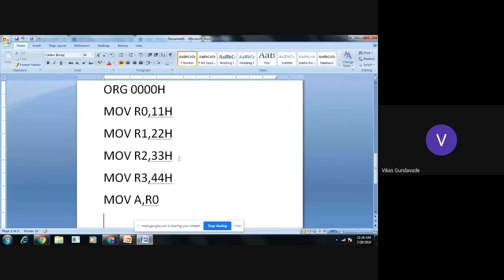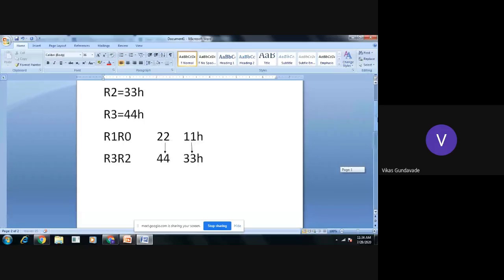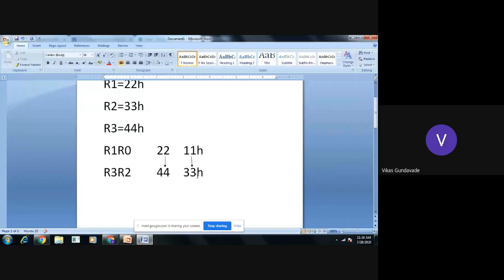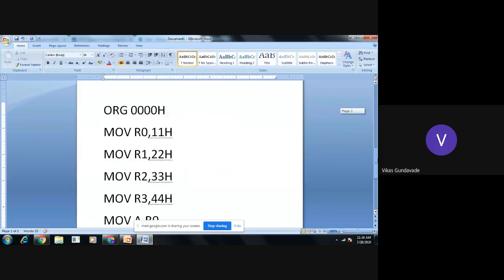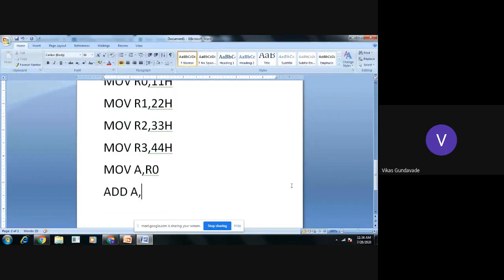that accumulator. So the instruction will be ADD A, the second lower number, which is available in R2. Okay, so here we need to make the addition: MOV A, R0 and ADD A, R2. So here what will happen?